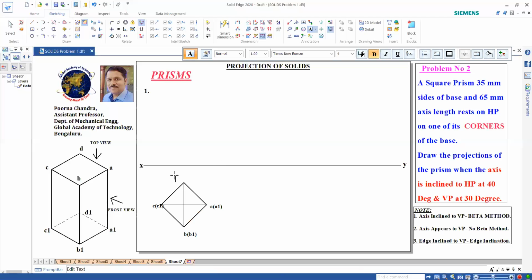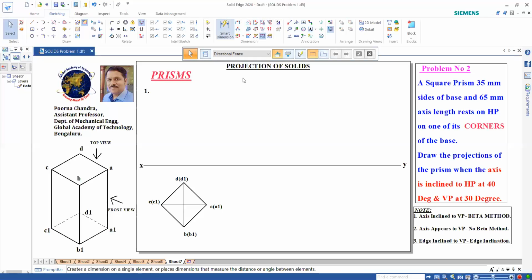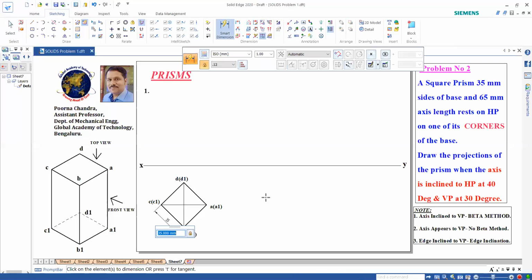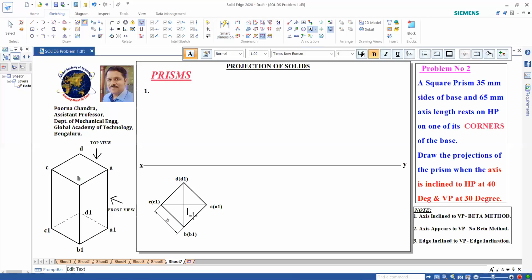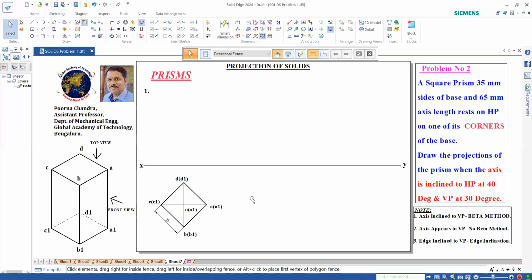And then D bracket D1. Then I can show dimensioning for this, 35 mm. That is done. And finally the center point, O bracket O1. Okay. So the first position is done.